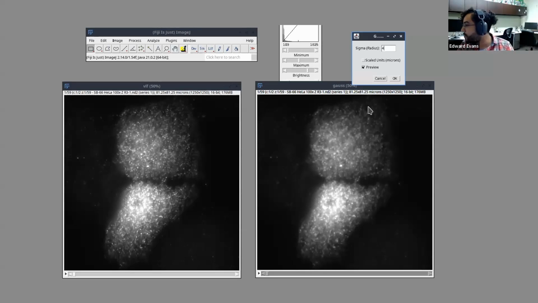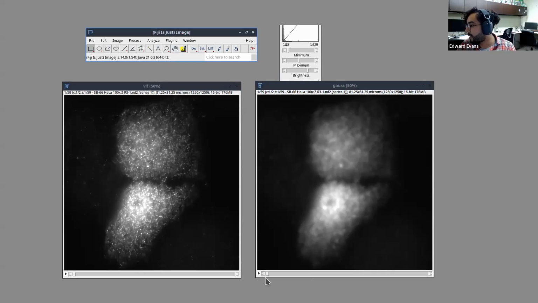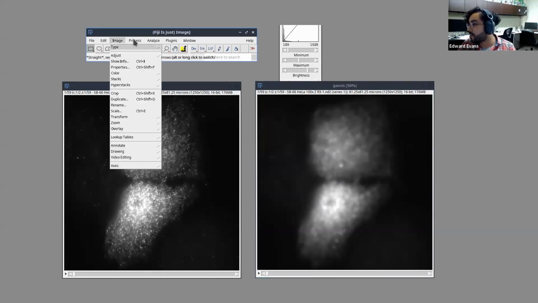So if I say 4, that's not quite good enough. Maybe 5, 6, 7, 8. Let's do 8.5. I can still see some puncta, but I'm willing to lose some of those. So let's go ahead and apply that and hit yes. So now this whole stack has been blurred. And now what I want to do is subtract this image from this image. So you can do that using the image calculator. So you go Image,